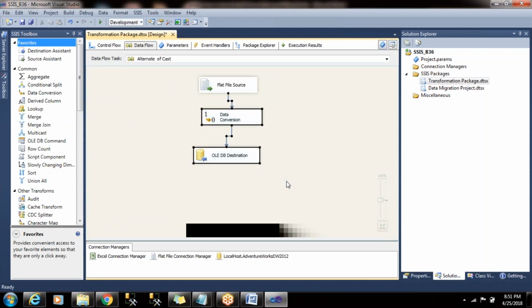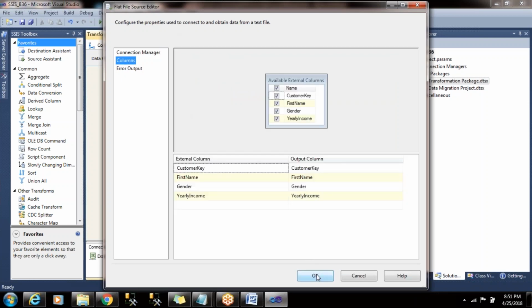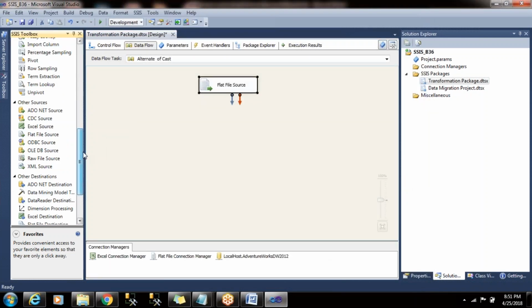Now let me remove all of this. I have a flat file source which has nvarchar right now, and then I have a